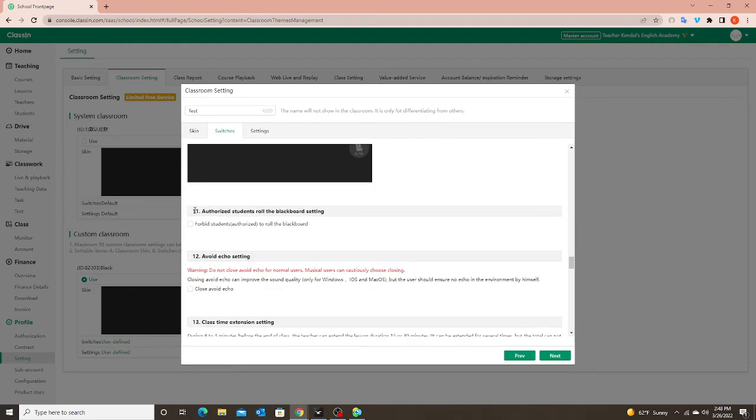This is another important one, number 11. Authorized students roll the Blackboard setting. So the Blackboard, of course, is what you see when you enter your class. A lot of teachers use the Blackboard for their lessons, for making EDBs or for typing out or writing. Well, if your student is authorized, you have the crown, that student can scroll, because, you know, you can